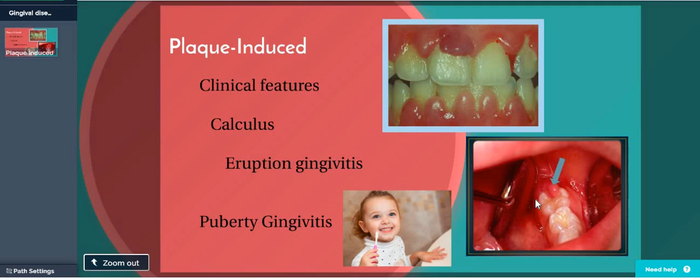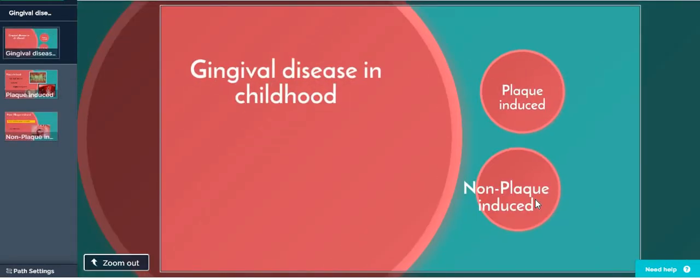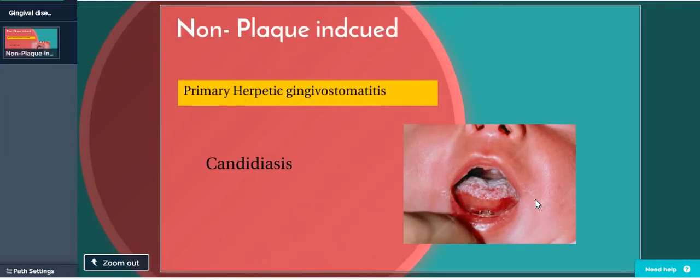But we have non-plaque-induced gingivitis, or non-biofilm-induced gingivitis. Here we have primary herpetic gingivostomatitis, which we also discussed in the previous lecture, and we have candidiasis. Candidiasis results from the overgrowth of Candida albicans, usually after a course of antibiotics or as a result of congenital or acquired immunodeficiencies. It's far less common in the child than in the adult, and it's rarely associated with